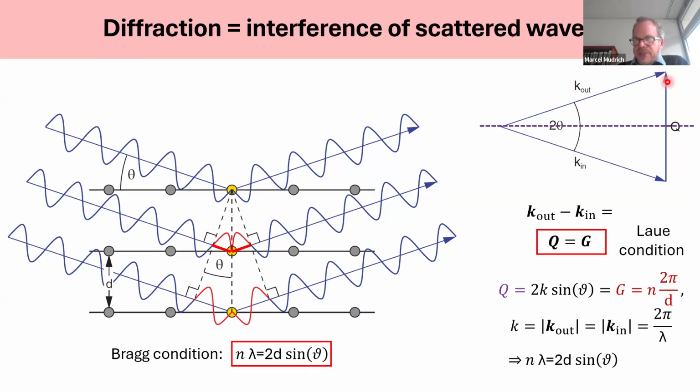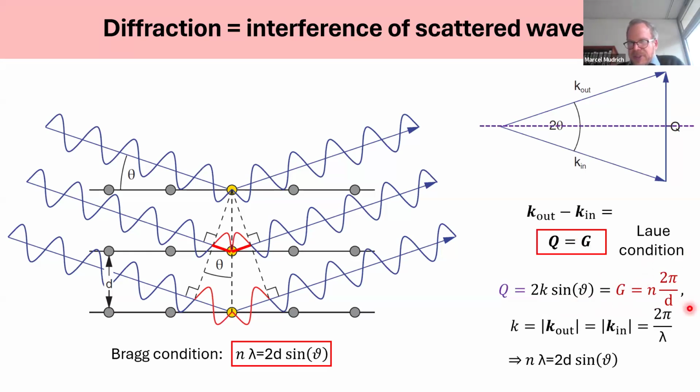And we can also see that this is completely equivalent to the Bragg condition, essentially by looking at the geometry, like how Q relates to K, where K is the absolute value of k in, which is equal to the absolute value of k out, because we consider only elastic scattering, so the length of k in is equal to the length of k out. And then the angle between the two is 2 theta. So Q is 2K sine theta. And if that is supposed to be equal to a lattice vector in the reciprocal lattice,